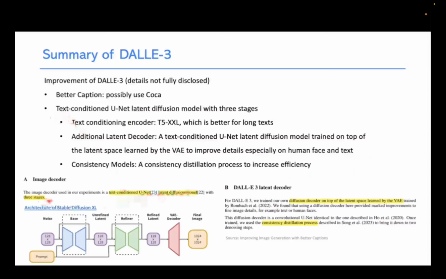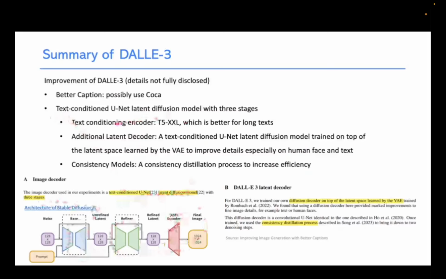This model could possibly look like Stable Diffusion XL, which is also a multi-stage model, where the base stage learns the main composition of the input, while the refiner pays attention to the details. And in the later stage, the variational autoencoder decoder will transform those embeddings into the final image output.